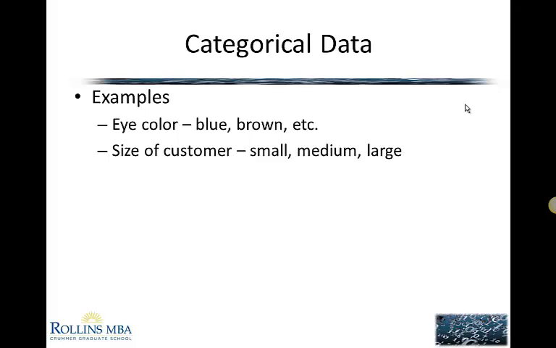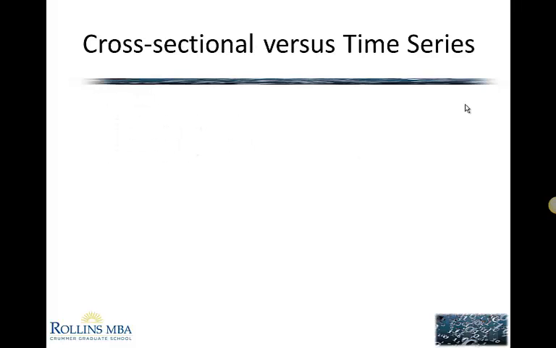Whereas size of customer, while we are also describing here small, medium, large, there is an implied hierarchy. Small we think of as being smaller than medium, which we think of as being smaller than large. So this is one of the areas in which we may find that people separate out categorical data into those that are ordinal versus those that are purely nominal. Okay, let's then leave